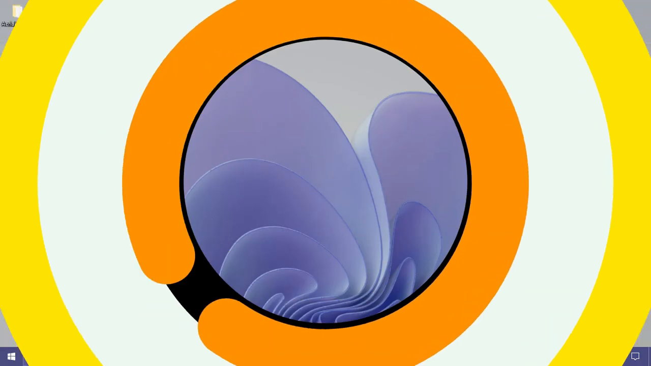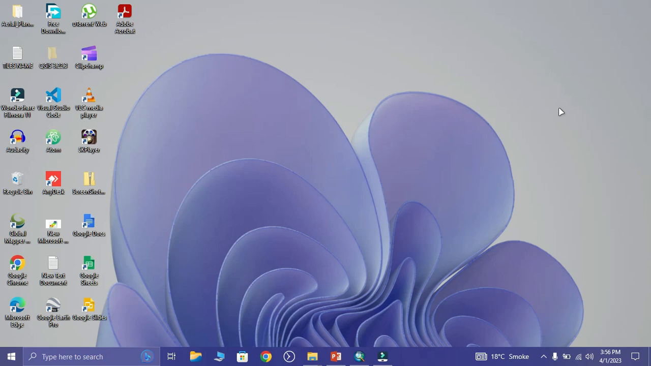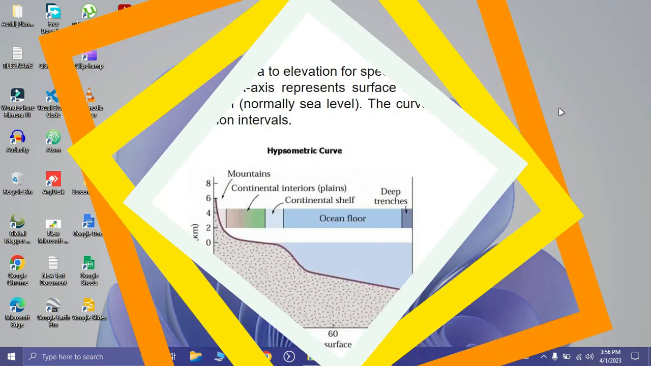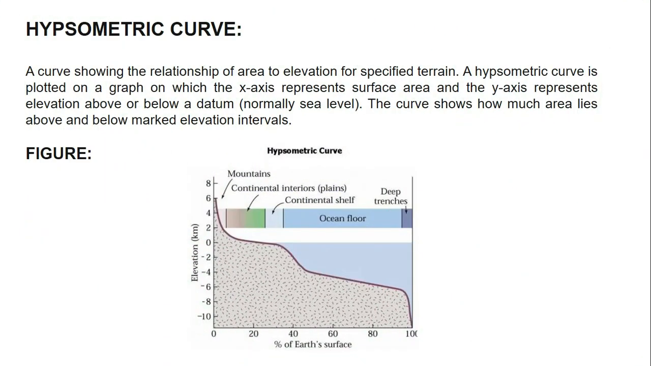In this video I will present how to create a hypsometric curve using ArcMap. So first, a hypsometric curve is a curve showing the relationship of area to elevation for a specified terrain. It is plotted on a graph on which the x-axis represents surface area and the y-axis represents elevation